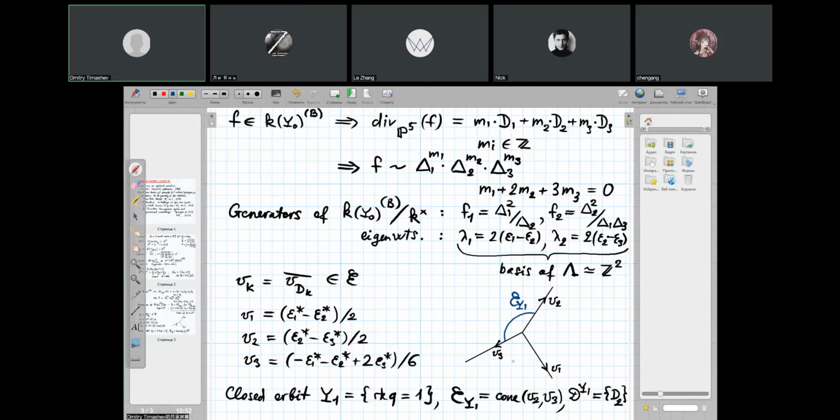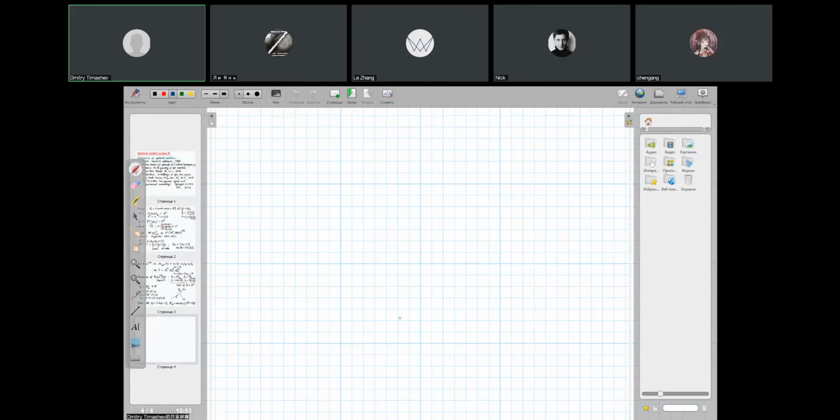And now, to compute the evaluation cone, we need yet another compactification of the open orbit. So let me turn to the next page. Yet another compactification, which we already considered at the very first lecture, is given by embedding y0 to the dual projective space, to the dual projective space,